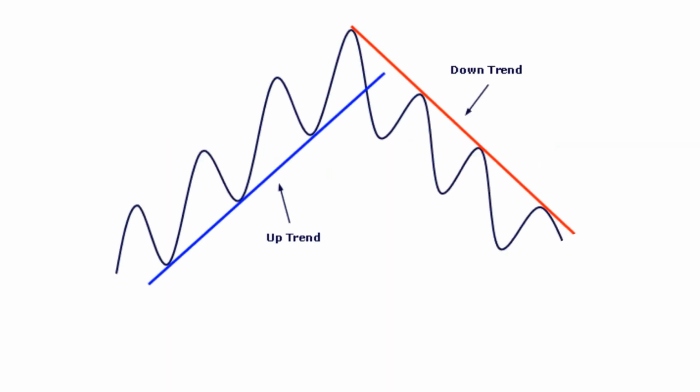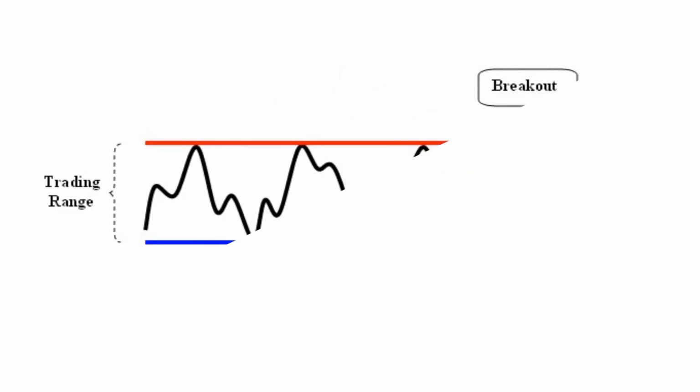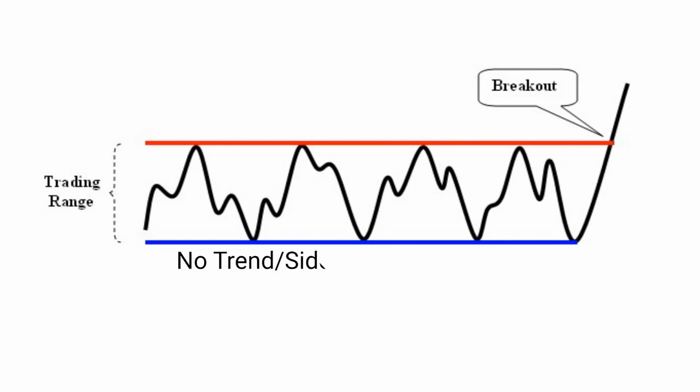There are two types of trend which are frequently talked about. One is uptrend, and the other is downtrend. There is one more trend, which is rarely discussed. This type of trend is no trend, or it is called by other names, such as sideways or range bounded. You won't believe it, but a stock spends the majority of its time in no trend.